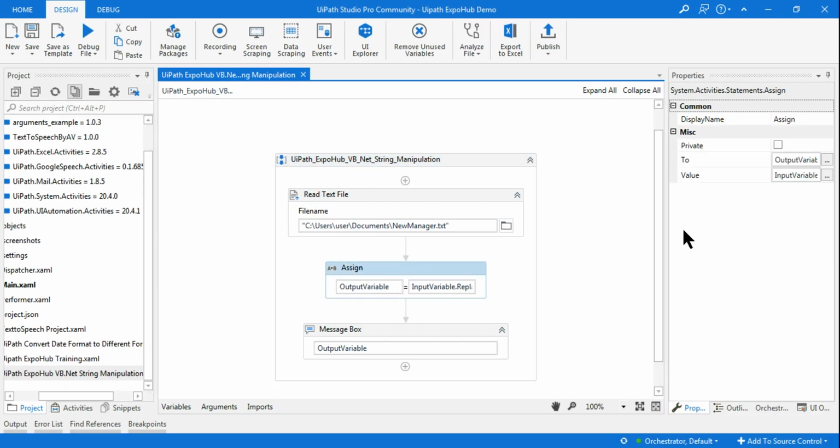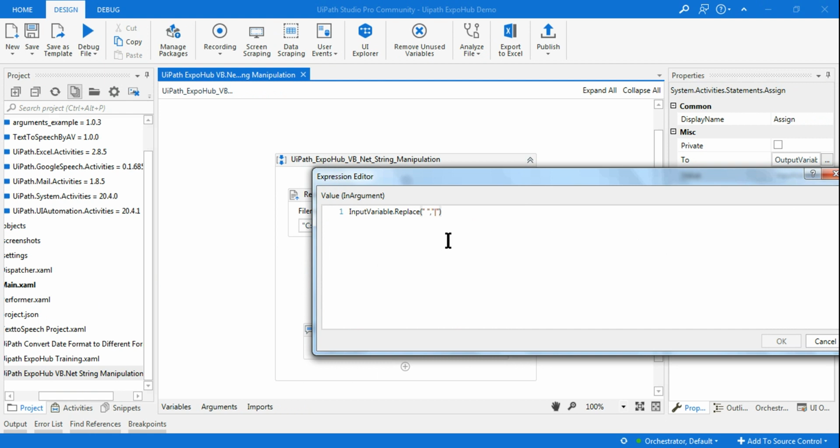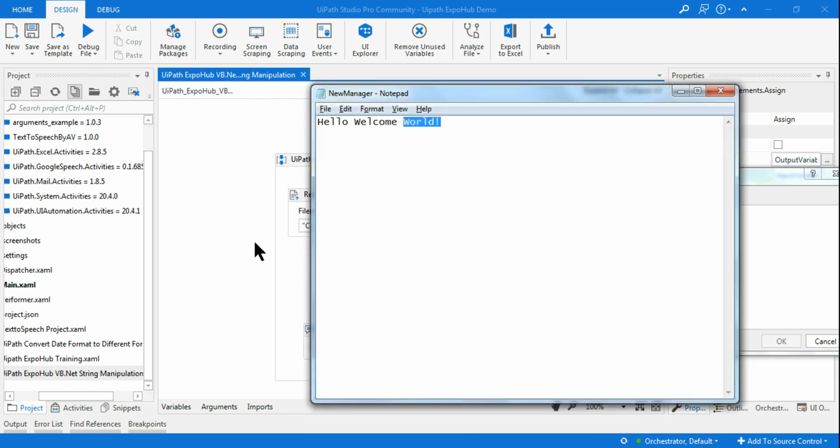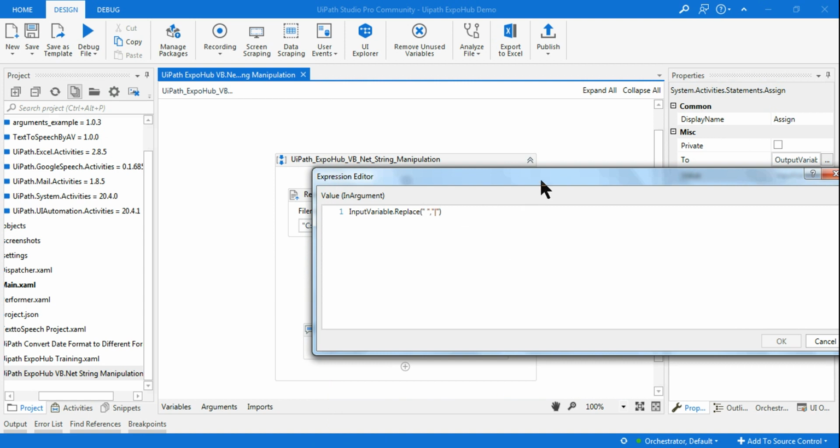Now let's say you would say, why space, Rakesh? I want to replace, instead of world, I want to say earth. Okay, even that can be done. So how will you do it? All you have to do here is, instead of space I am going to say world, and instead of pipe symbol I am going to say earth. Okay, so it is going to find that and it will replace.